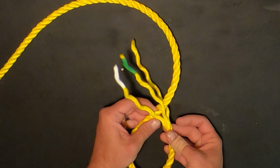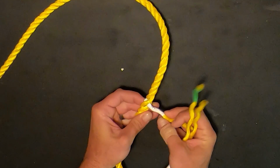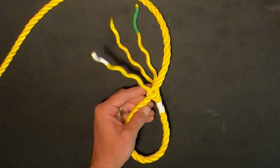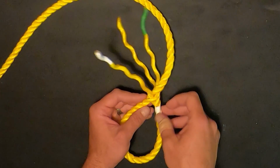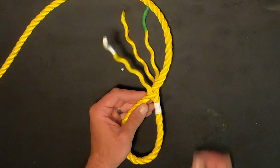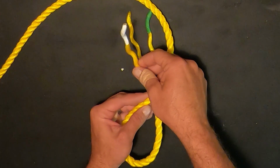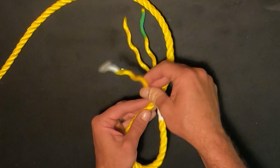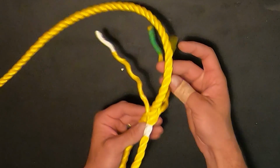But I find it much easier taking the left strand and putting this through that gap in the rope and then pulling it tight. This makes it a hell of a lot less confusing and much easier to actually do the splice. So once you've taken that left strand, you tuck it in, making sure that that curve in the rope sits nice and natural, snugged in there, and then I flip it over,